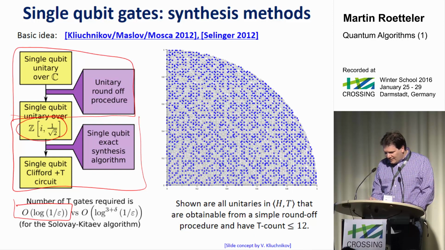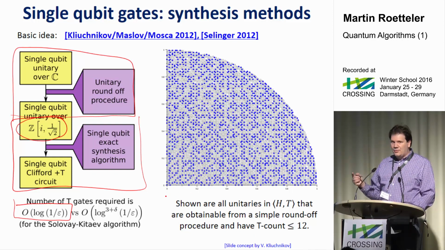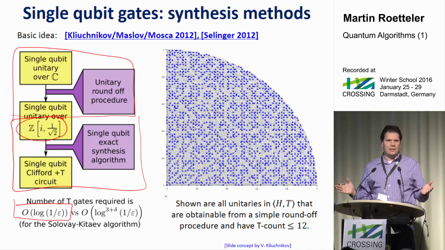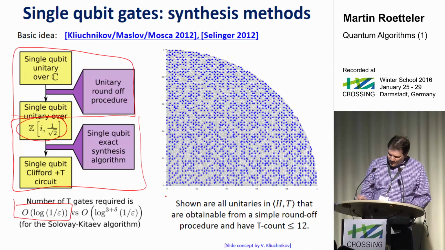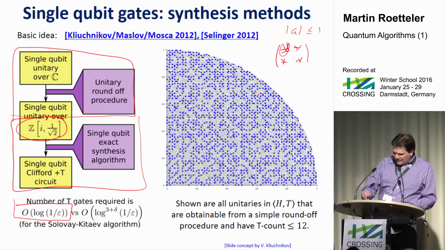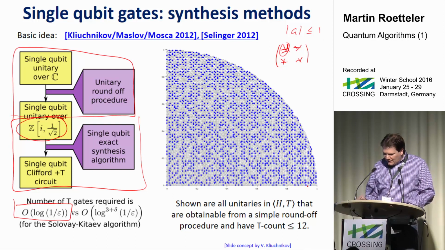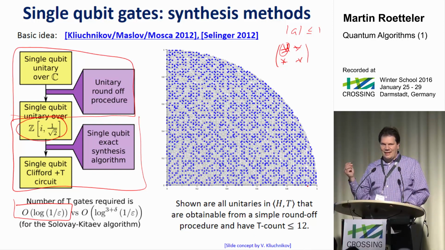And shown on the right here is just if you look at the elements of that discrete group, how they scatter along the set of all unitaries. This is a 2 by 2 matrix, and I'm showing only the upper left entry. That's going to be a complex number of absolute value less or equal to 1. I'm going to show only that quadrant in the complex plane. And the blue spots are the things you can actually get by an element from that discrete group. And you see it very uniformly fills that up.